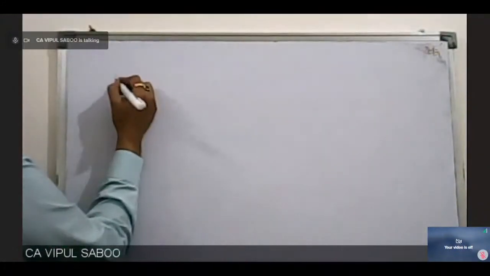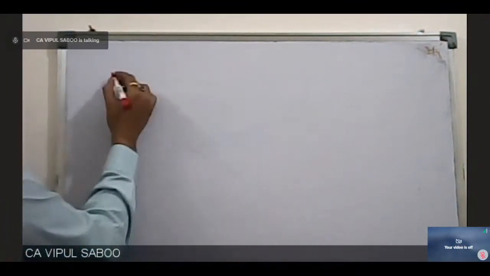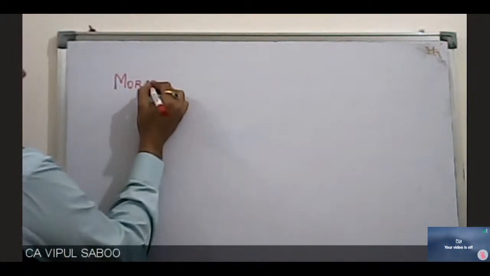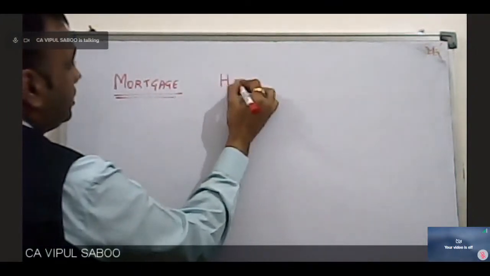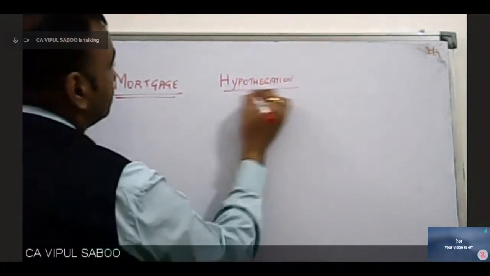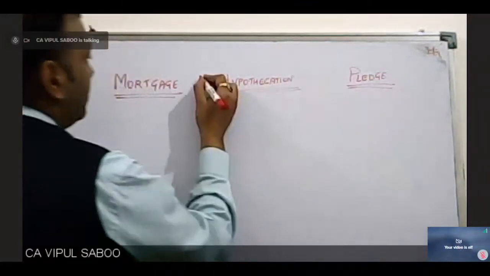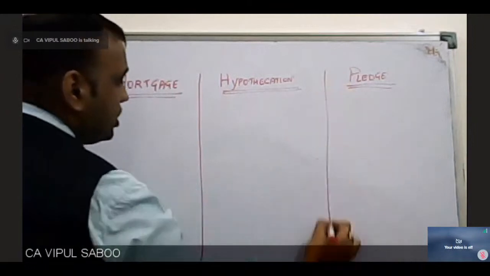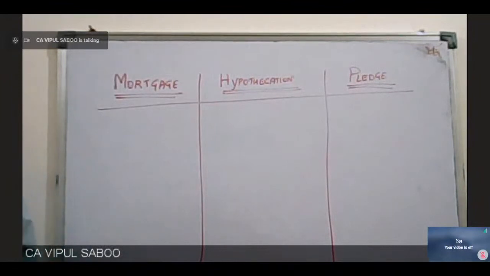mortgage, hypothecation, and pledge. Mortgage, hypothecation, and pledge. Right? So, mortgage. Mortgage is always,